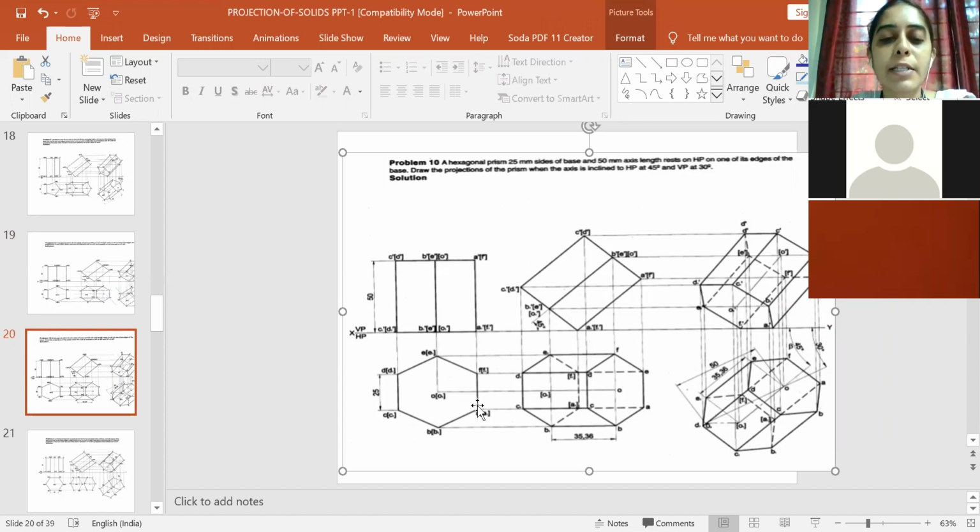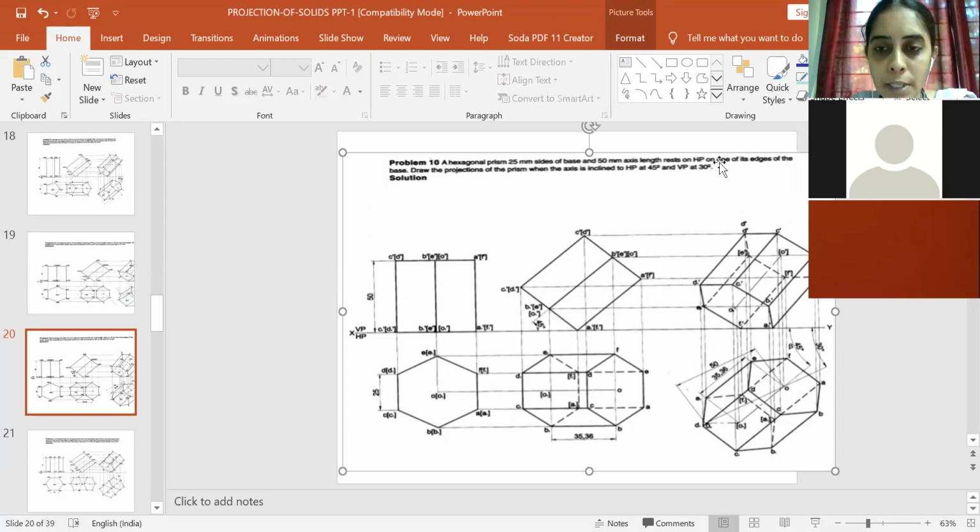If it is told it is resting on one of its side or one of its edge, always you keep that side or edge towards your right. And in the hexagonal, always you get the opposite side here, because hexagon has 6 sides. So if you fix one side towards your right, the other vertical side will be directly opposite to it. Then only it shows you have constructed properly. If it is resting on one of its corner, then you will show the corner towards the right, and you will be having one more corner towards your left.